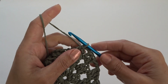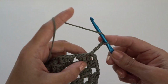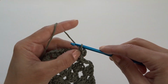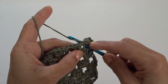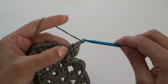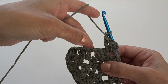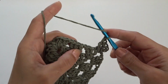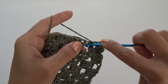For round 4, we're going to start same exact way. We're going to chain 3, stands as the first double crochet, work 2 more double crochets back into that last chain 2 space that we just finished. Here's 1 and 1 more double crochet, chain 1, and now we're going to work 3 double crochets using this chain 1 space and 3 double crochets using this chain 1 space. Let's go ahead and do that. So we're going to work 3 double crochets into the first chain 1 space,